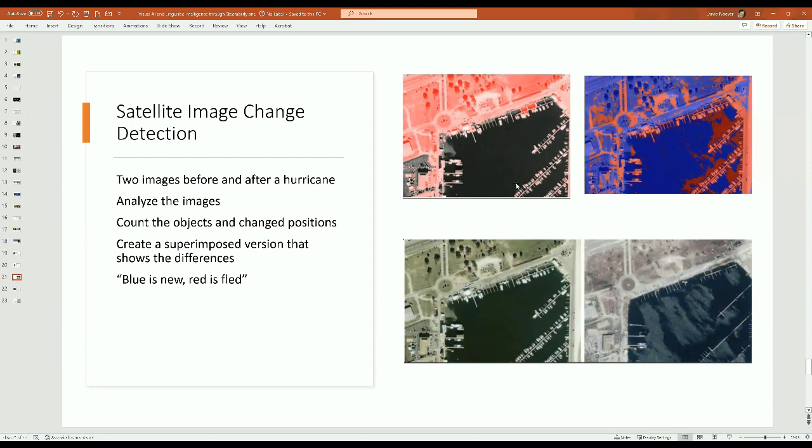So in some sense, it initially goes from here to here and marks a lot of it as gone, meaning in this image we lost some trees, so those trees go red here. And then finally, you can push it to exaggerate the differences. Sometimes in satellite world, blue is new, red is fled. So if a boat washes into the marina, it would be highlighted as blue, and it looks at this sand bar as somewhat new and scores it. So pretty sophisticated behavior, not necessarily creative, but certainly analytically interesting.